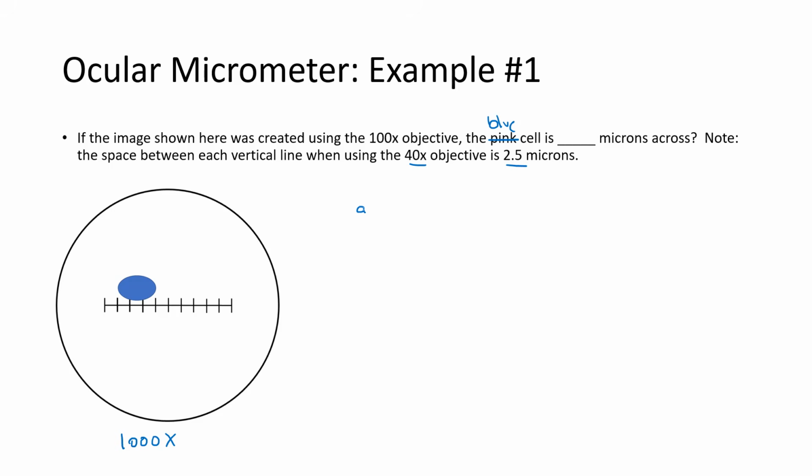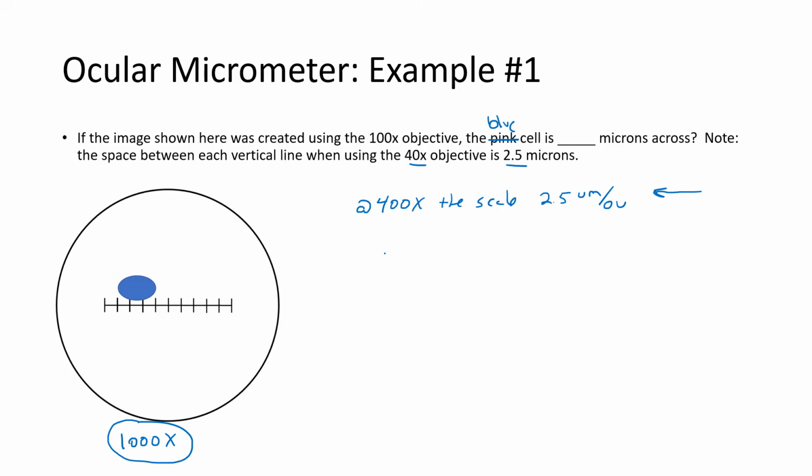So at 400x, the scale is 2.5 microns per ocular unit. But this is at 1000x, so we can't use 2.5 microns per ocular unit to determine the size at 1000x. What we need to do is use this scale to determine the proper scale at 1000x. And one easy way to do this is to use